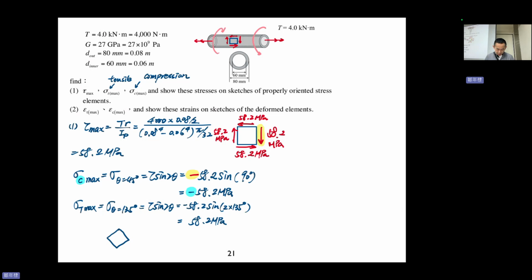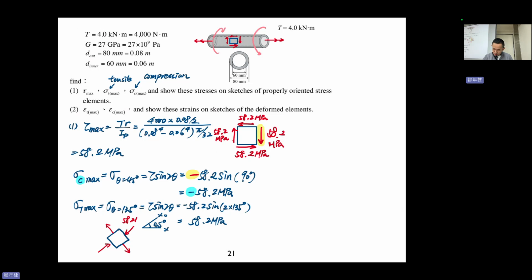Okay, this is 45 degree. So hope you can see that. 45 degree, x0. All right. Then, so 45 degree compression, right? Compression. And 135 degree is tensile. All right. So it should be